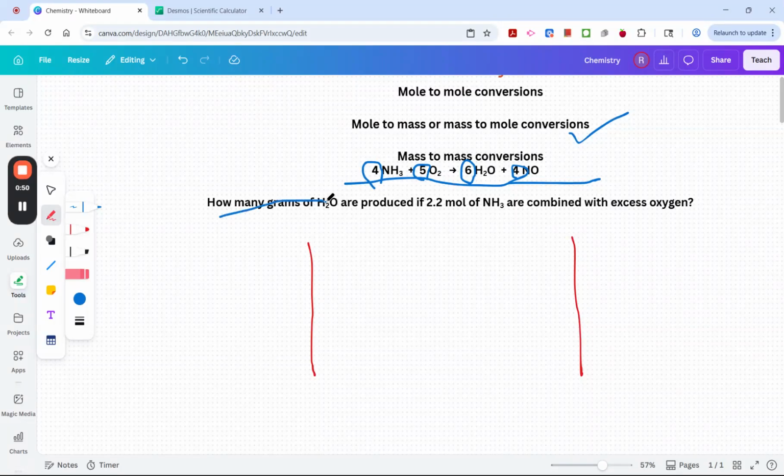How many grams of water are produced if 2.2 moles of ammonia are combined with excess of oxygen? It's pretty clear from the question that you need to convert moles of ammonia into grams of water. So let's start with the question. So three column. In the first column,